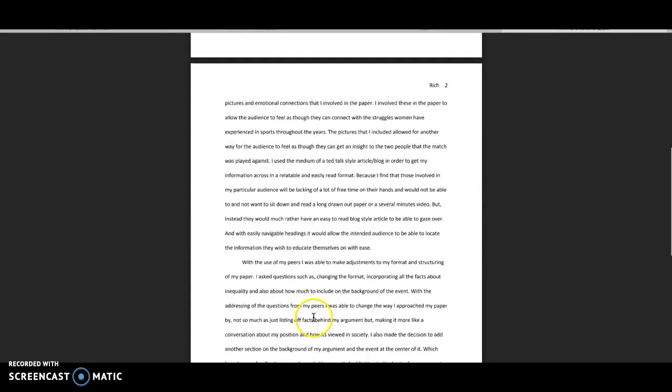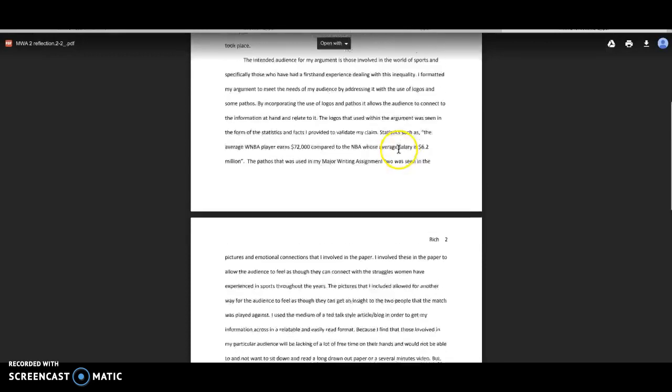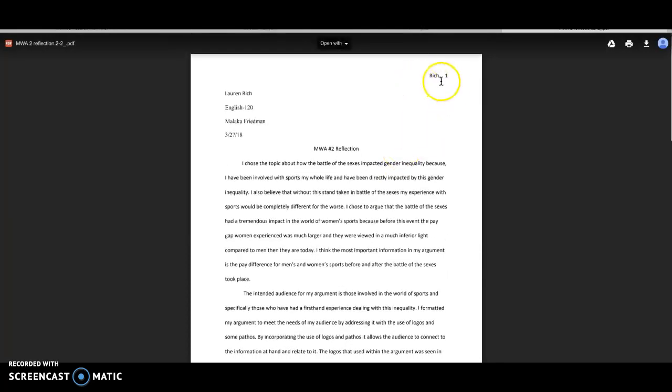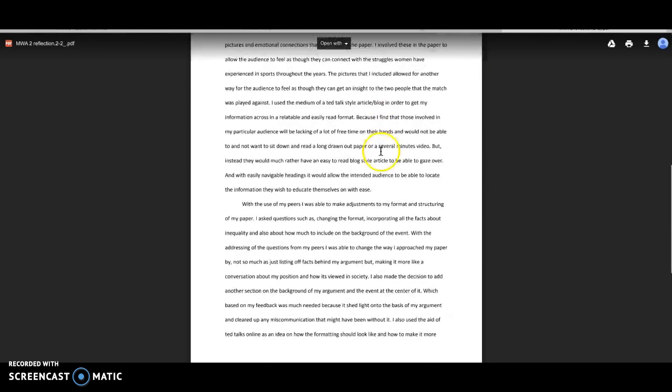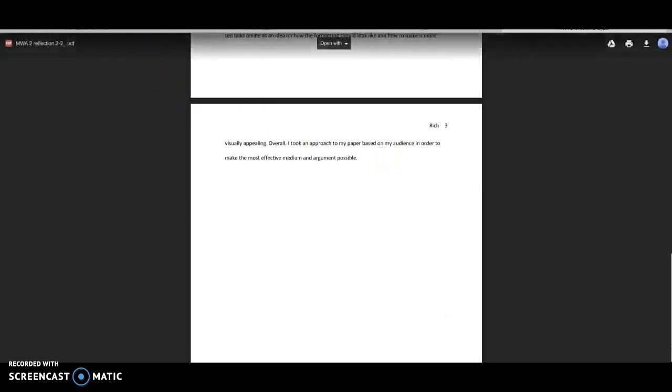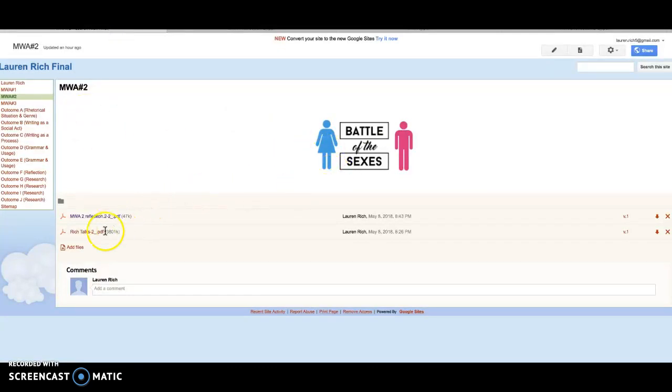And the only other issue I had on this was also the reformatting, because again, when I uploaded it, the page number and my name were structured weirdly, so I just had to save it as a PDF, so that when I submitted it, it would be correct all throughout. Okay, so now I'll take you through my